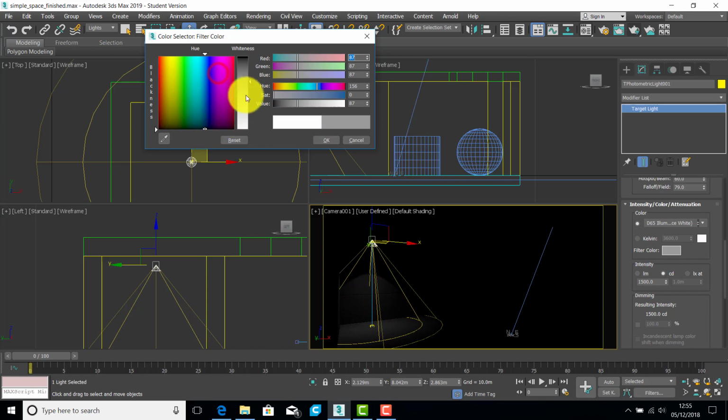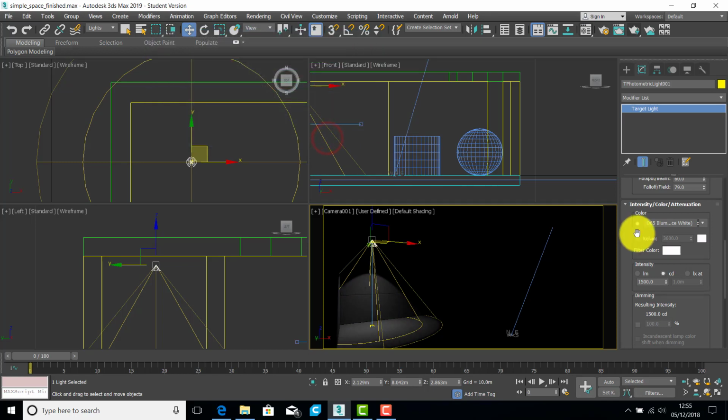Okay, I'm going to put it back to white for now. Okay, the next one here is very useful. These are the units that you want to use for your light. You can have lumens, candelas, or lux, LUX, at a certain distance, and this is very useful for architectural